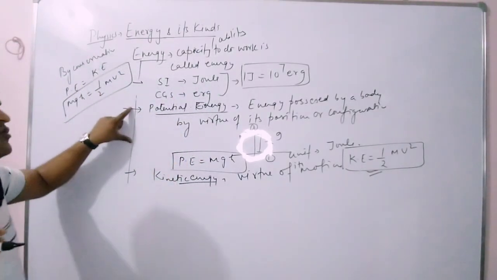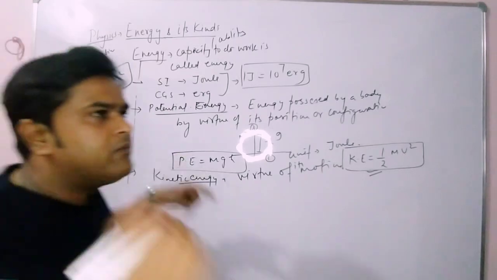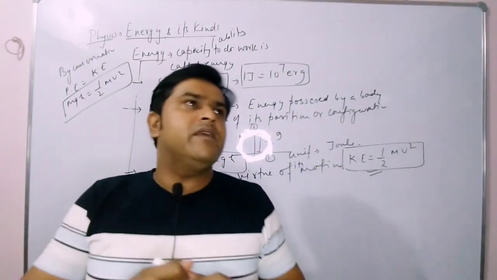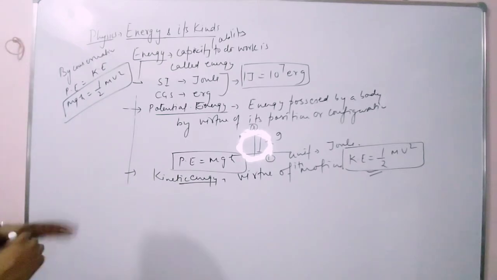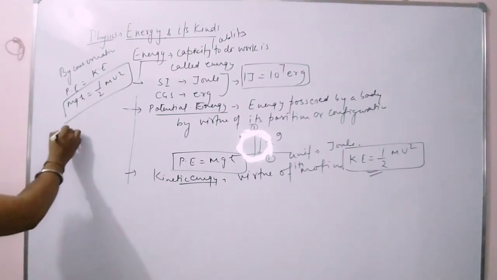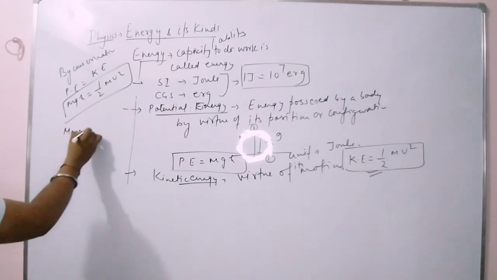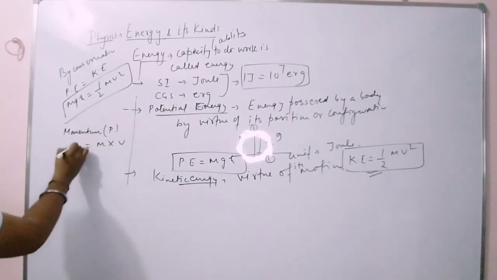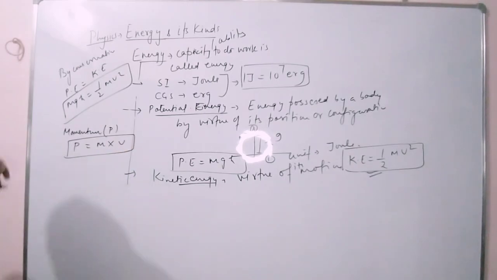अच्छा, ये जो हम लोगों ने kinetic energy पढ़ा है, अभी हम लोगों को इसमें work energy theorem भी पढ़नी है, ठीक है? That we will discuss in the later part. बट एक छोटा सा टॉपिक है, उसको भी आज हम लोग कवर करेंगे. That is momentum. आप लोगों ने सुना भी होगा. Momentum is what? Product of mass into velocity. This is p equal to m into v.